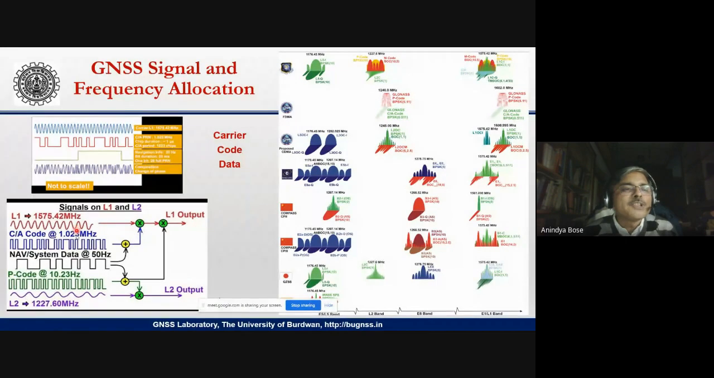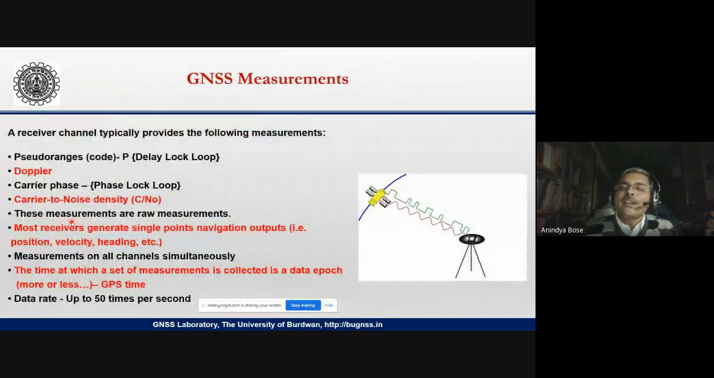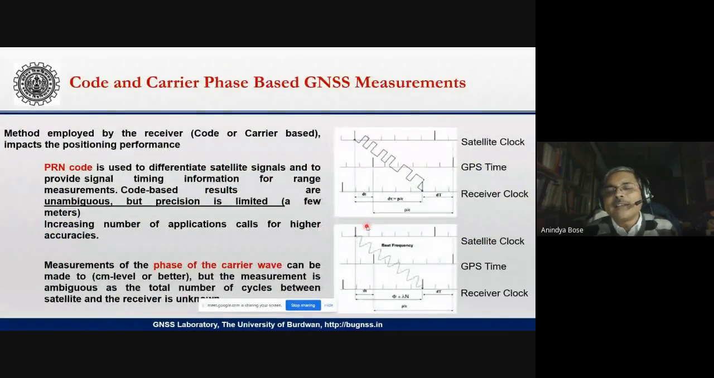We get the output with two parts: one is the code, another is the carrier. So here, if we can measure how many full cycles of the carrier there are, and what the phase of the carrier is. Here the carrier has started. So this is one full cycle, this is number 2 full cycle, number 3 full cycle, number 4 full cycle. If I can measure the number of carrier cycles, I multiply it by the wavelength of this carrier, say 19 centimeters in case of